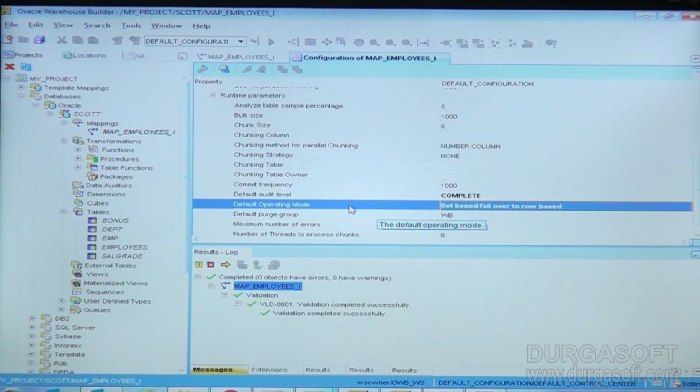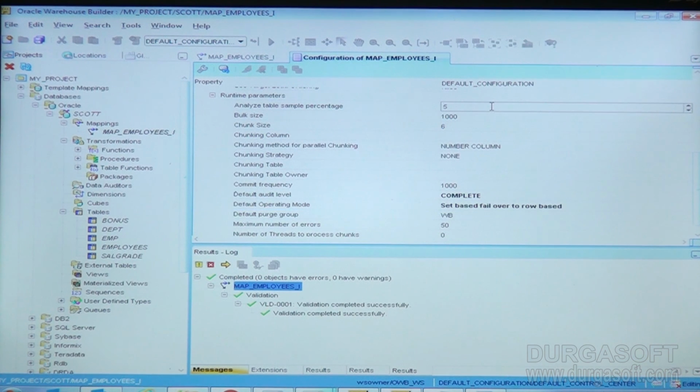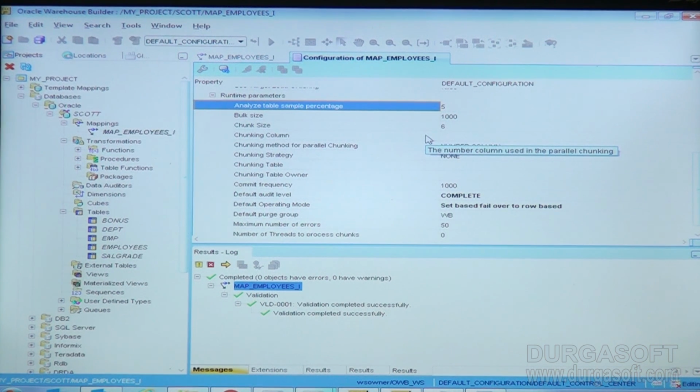So we have seen the default operating mode, we have seen the operating mode options. Let us see the other parameters we have in this runtime. Analyze the table sample percentage. Let us say we are trying to analyze the target table after inserting or deleting the data. Let us assume